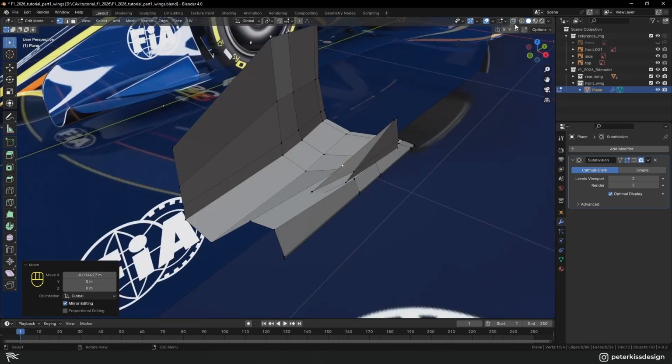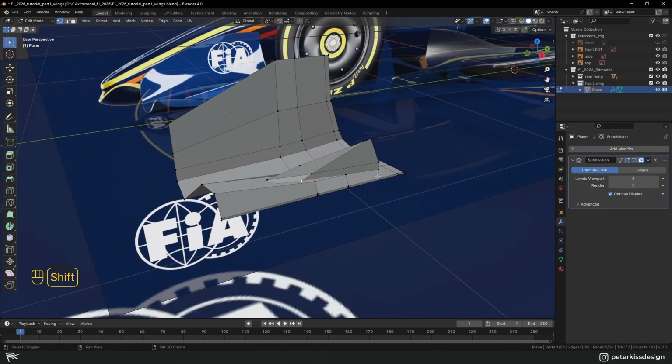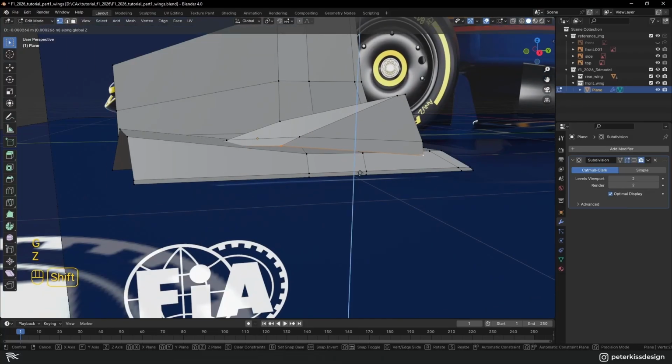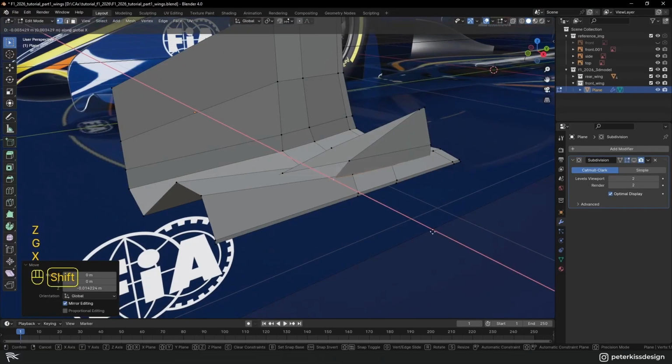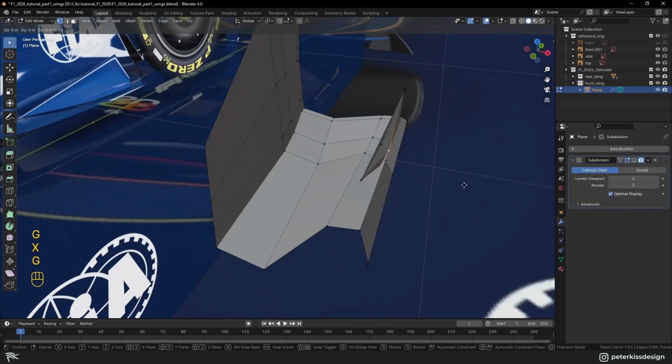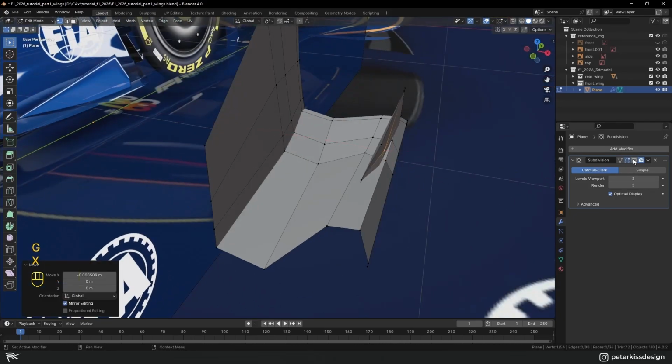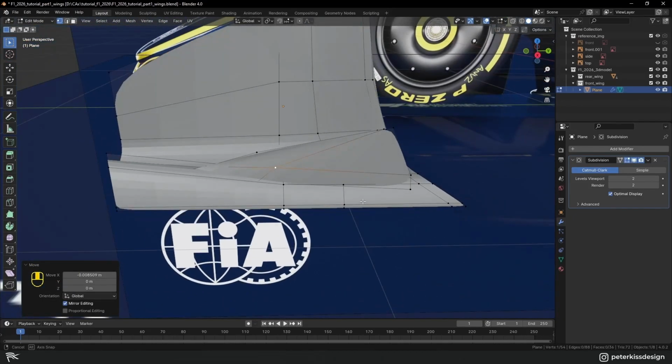Turn off the X-ray, select these bottom vertices and move them down so they overlap, and you can turn on the subdivision modifier. Also move this middle one, turn on the subdivision,